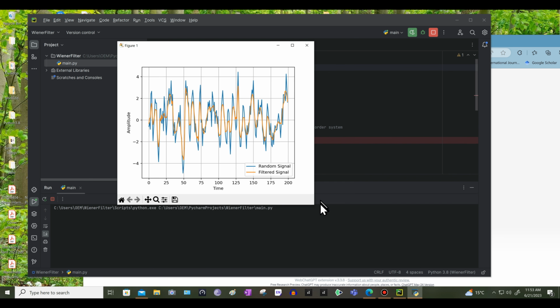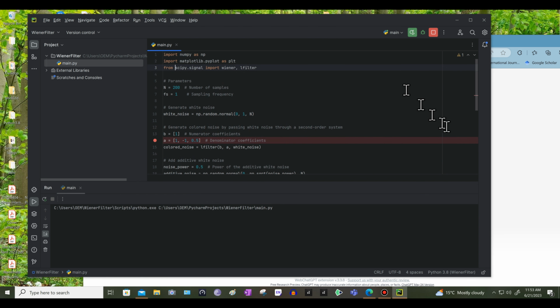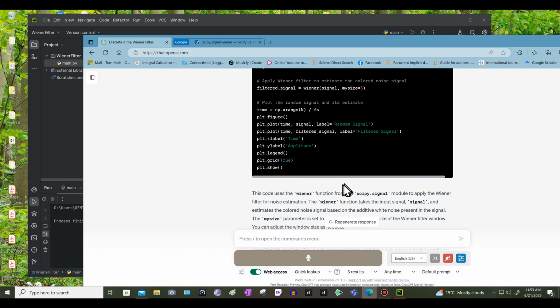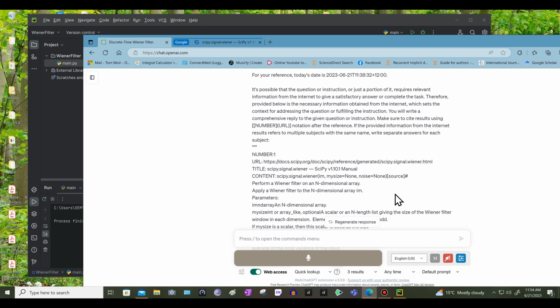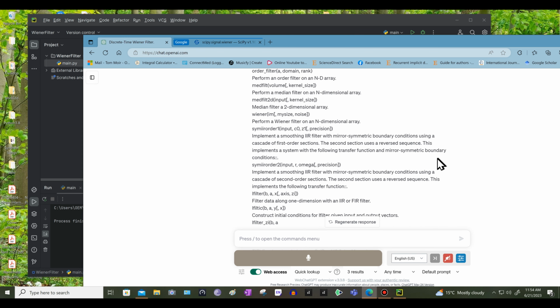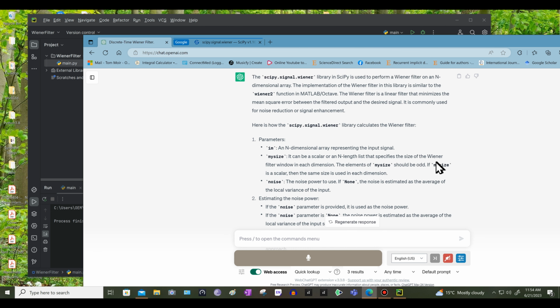So I didn't need to know an awful lot. I need a little bit about Wiener filters, but off it went. It did it. Of course, it doesn't tell me the method it used. So what I did was I went back to ChatGPT, and I asked it, my question is, how does the SciPy signal.wiener library calculate the Wiener filter? I didn't actually use those words, but it sort of paraphrases it, and it gives me a huge amount of stuff I don't want. And then eventually it tells me here